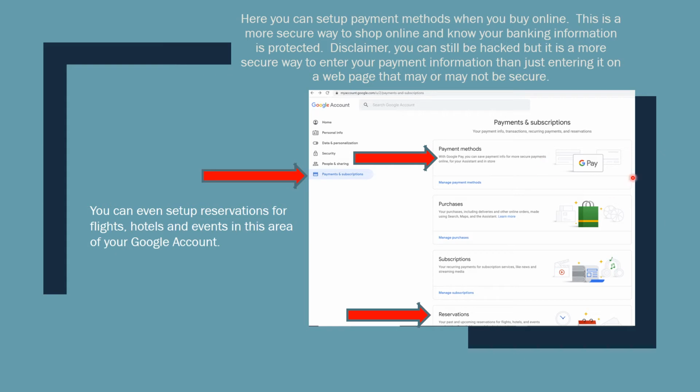set up a GPay, a Google Pay account, or a PayPal account as you're shopping online, because that puts a barrier between you, what you're buying, and your personal checking account or your personal credit card that you're putting out there. So if you have these set up, yes, it has your bank information, and yes, it could have your credit card information, but they've got a layer of security, and it's a little more difficult to hack than just going to a website and putting in that information where someone could break that website